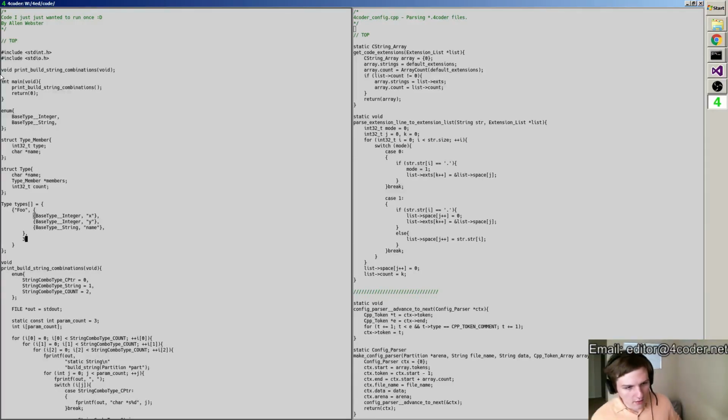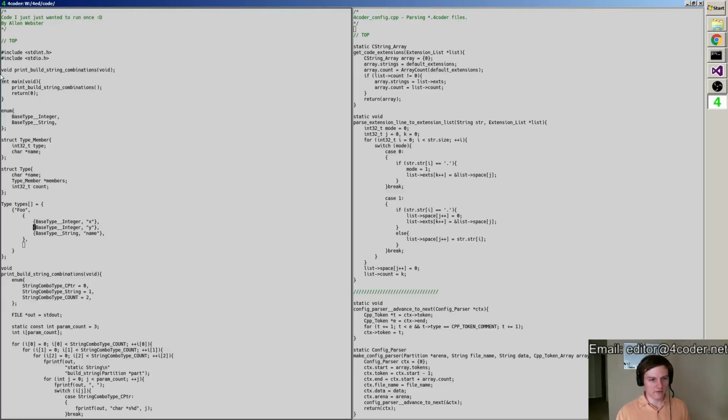I mean, ideally what I could do is I could go like array count of this dot members or whatever, right? But that's just so far afield from anything that C or C++ offers, so just type in the 3, whatever, right? But this doesn't actually work because I'm already making an array here. This won't parse into a local array, at least not in C++. Maybe this fancy C stuff can do it now. But it won't accept that as an array of pointers to members.